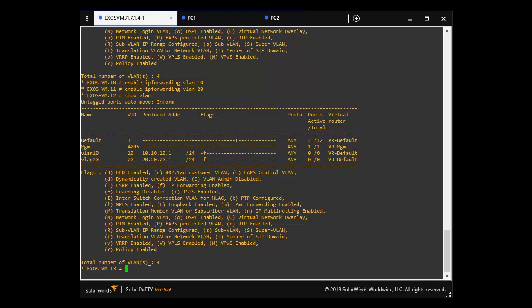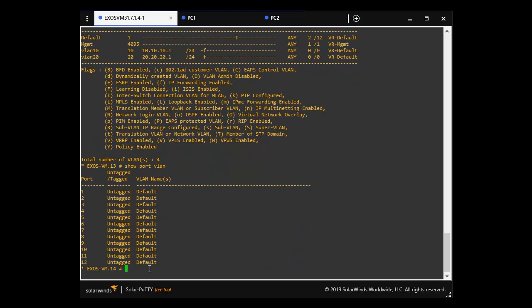There is one more step we need to do, which is to check our VLAN assignments on our ports with the show port VLAN command. At the moment, all ports are still members of the default VLAN, so we need to add the ports to the right VLANs. So we do configure